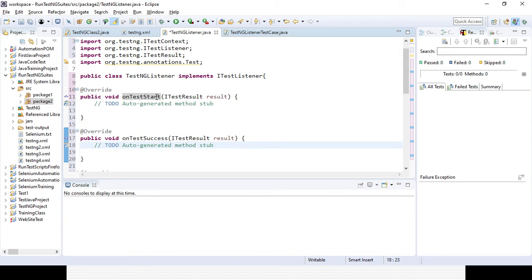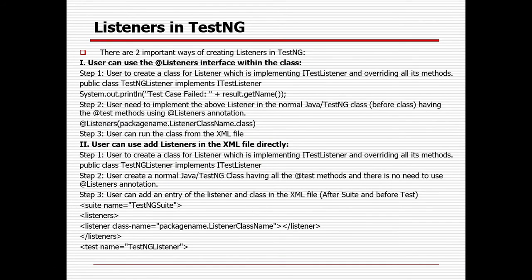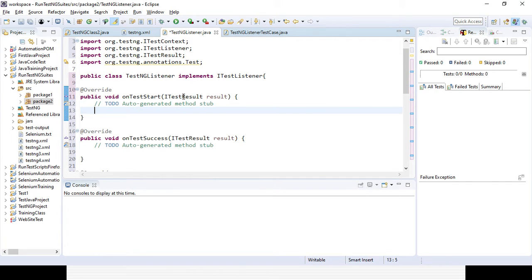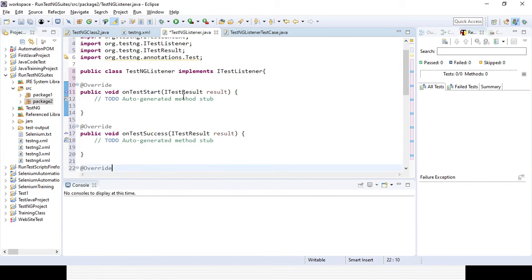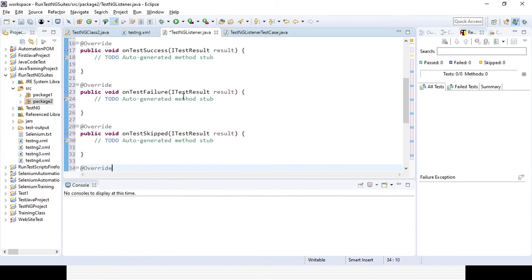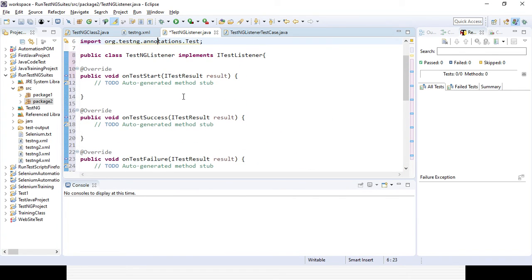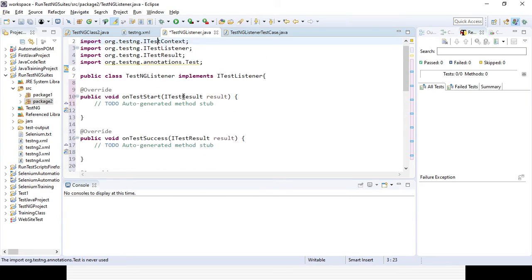You can see whatever was mentioned in the previous slide: onStart, onFinish, onTestStart, onTestFailure, onTestSkipped, onTestSuccess, and onTestFailedButWithinSuccessPercentage. These are the different methods already added, right? Now I want to provide something in those methods.